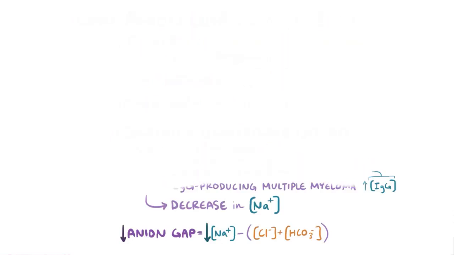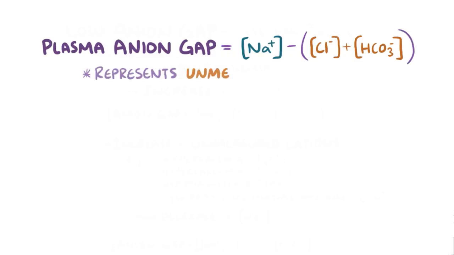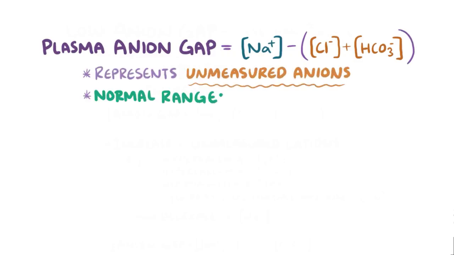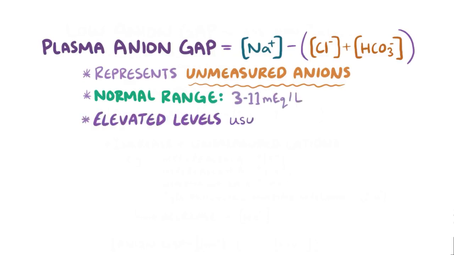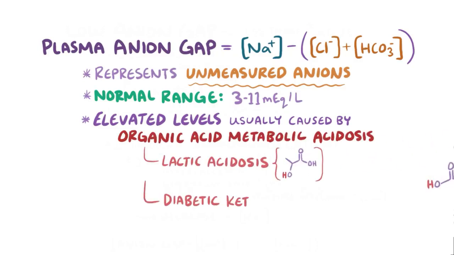Alright, as a quick recap, the plasma anion gap is the difference between the plasma concentration of sodium and the sum of the plasma concentrations of chloride and bicarbonate, and represents the unmeasured anions in the plasma. Its range of normal values is 3 to 11 milliequivalents per liter, while its elevation is almost always caused by an organic acid metabolic acidosis, like lactic acidosis and diabetic ketoacidosis,